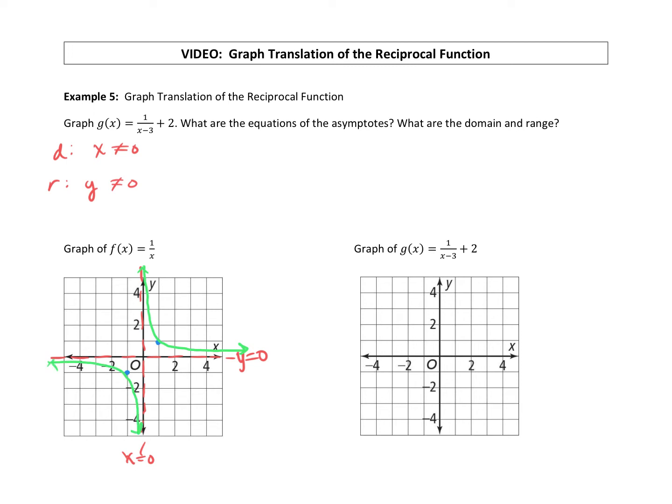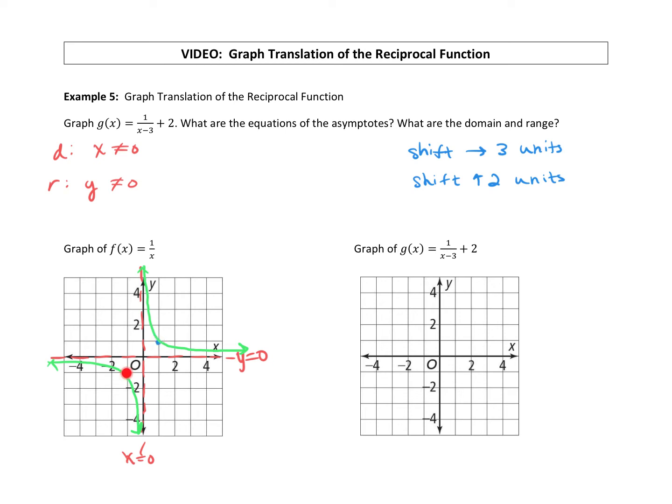What changes when you have an x minus 3 tricky x and a plus 2 vertical shift on the end? So let's just identify the translations. That x minus 3, we're going to shift to the right 3 units. And that plus 2 on the end, we're going to shift up 2 units. So here's how we do the shifting. You're going to shift your asymptotes, and let's shift